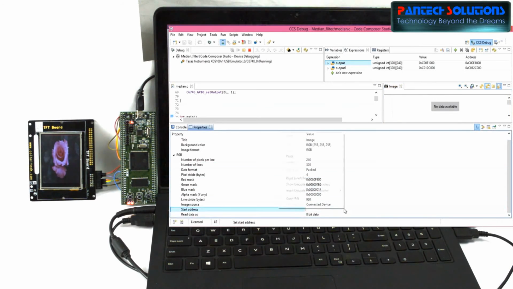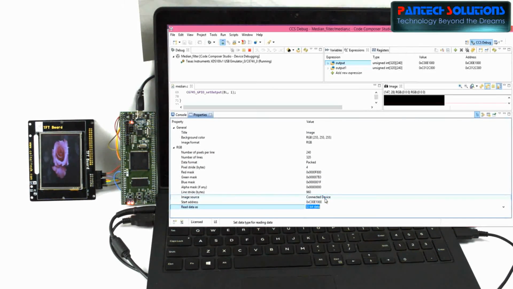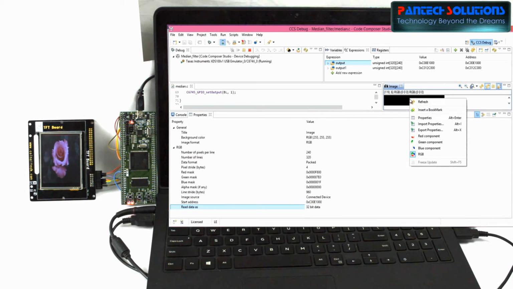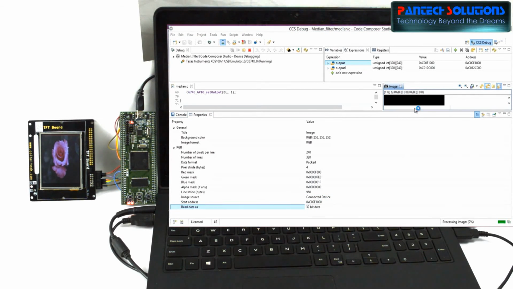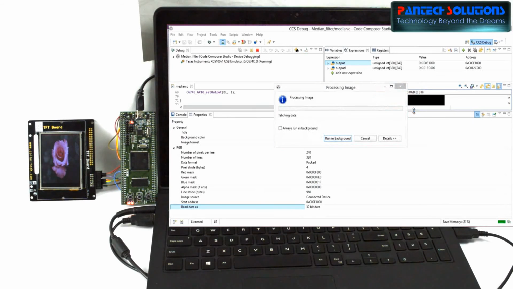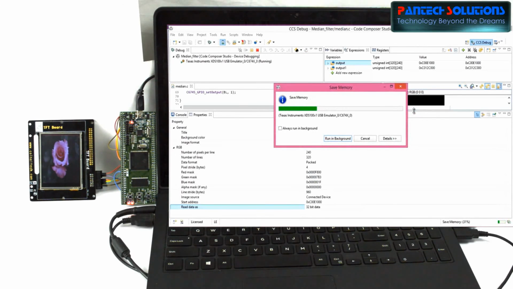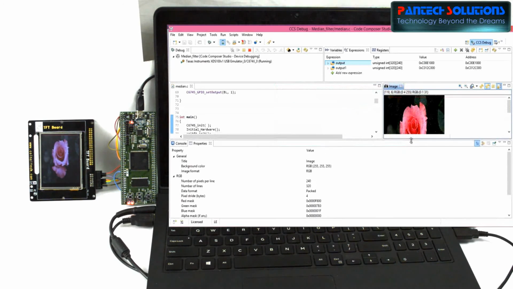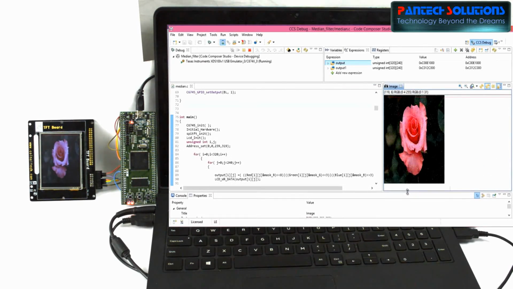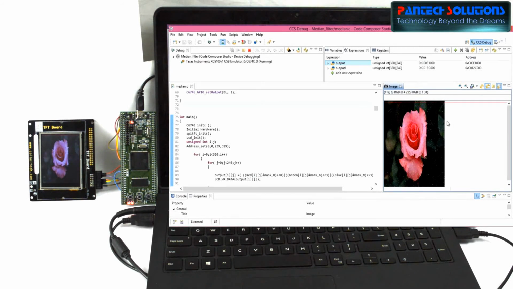So we just have to enter that value into the starting address. So this is our input with the salt and pepper noise.